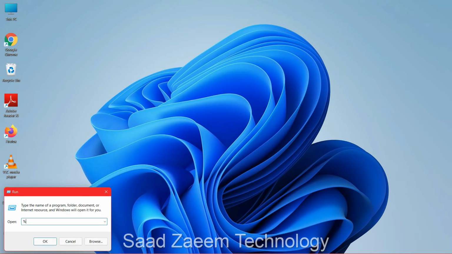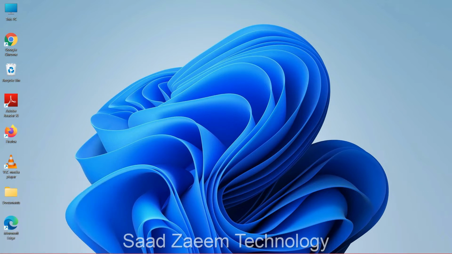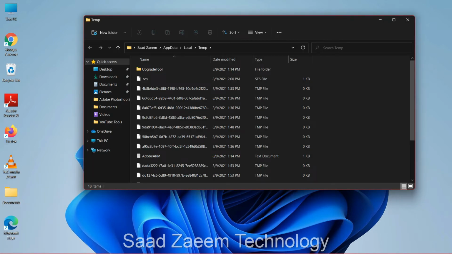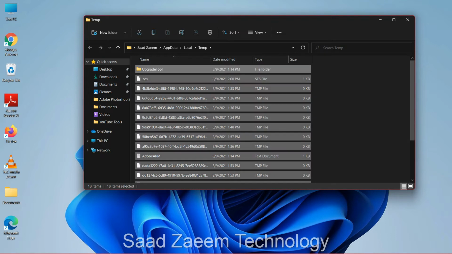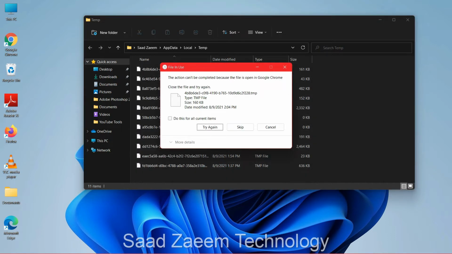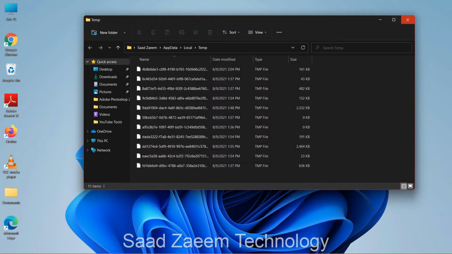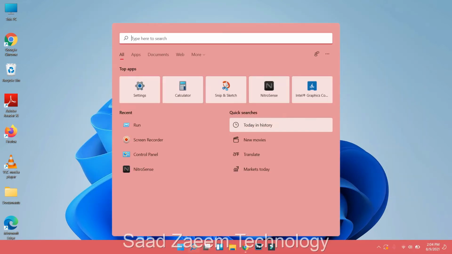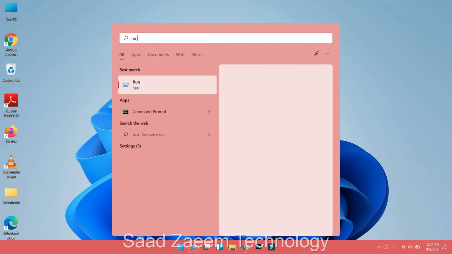the percentage sign temp and then again the percentage sign, and then click on OK. Over here you'll have to repeat the same steps, Ctrl A and Ctrl D, or you can just select all the files using your mouse, click on this small check over here and then click on skip. Now, for the last step, you'll have to again open run and type in